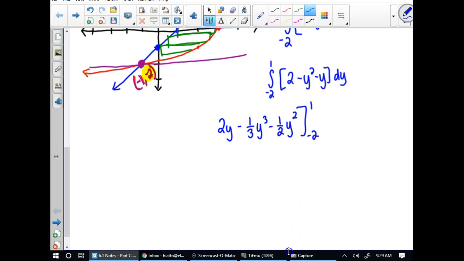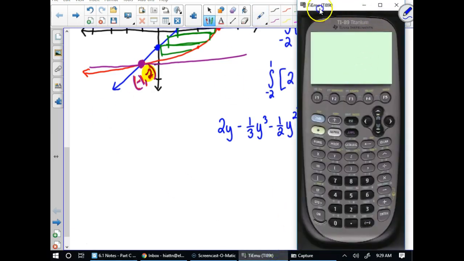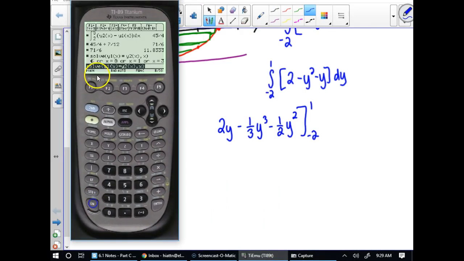Because I don't want to spend an incredible amount of time going over this one, I'm really mostly concerned with you knowing how to set it up. I'm just going to go ahead and use the calculator for this. 2 times 1 minus 1/3 times 1 2/3 minus 1/2 times 1 2/3. So that first is going to be 7/6,